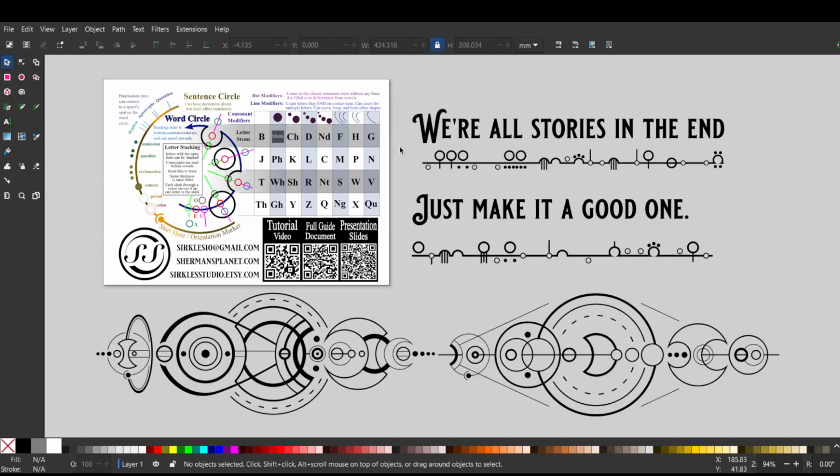So this script uses this cipher, which uses a combination of letter stems, which are the base shapes. So we have the circles, the divots, and then the deep divots and the circles on the line of the word circle, as well as modifiers, which are lines and dots. And then these little guys, they're all the vowels. And vowels have different positions depending on what vowel they are and if they're attached onto one of the consonant